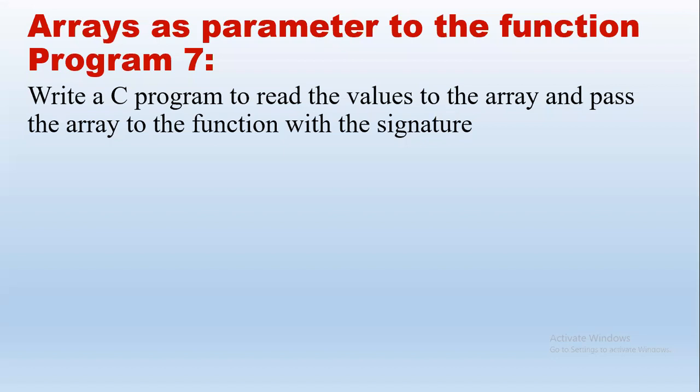So here the signature also is given. It may or may not be given in all programs. Here it is given. So the signature or the function prototype is like this: void. That means this function will not return any answer. So this is without return type, but with parameter. This is a different category. We are not having any return answer, but we are passing the parameters.